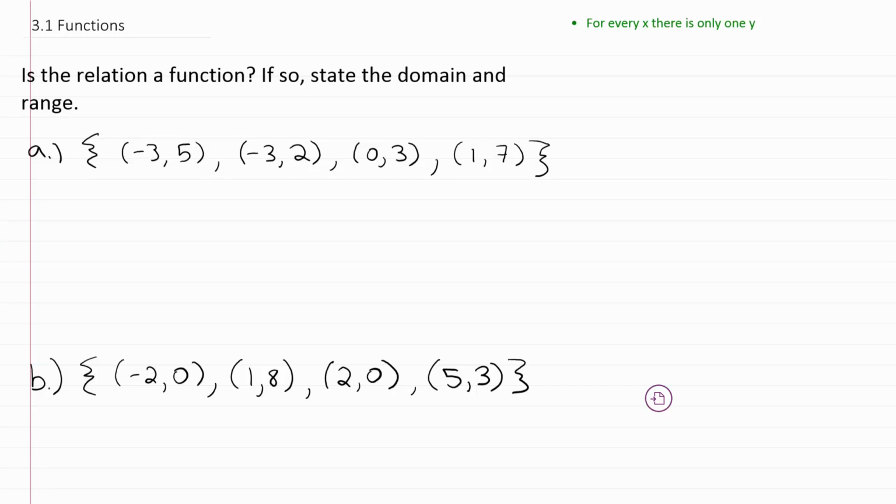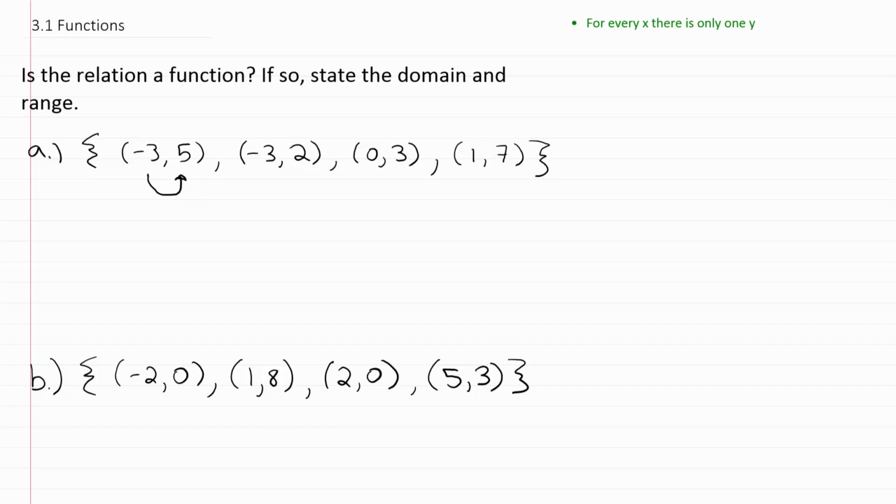Is the relation a function? If so, state the domain and the range. Well, for example A, we have a set of points here. We have 4 points, and we can see that for the first x, -3, it's paired up with the value